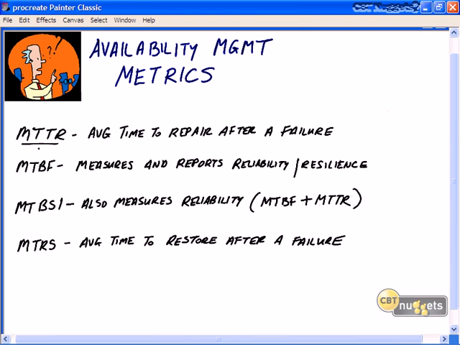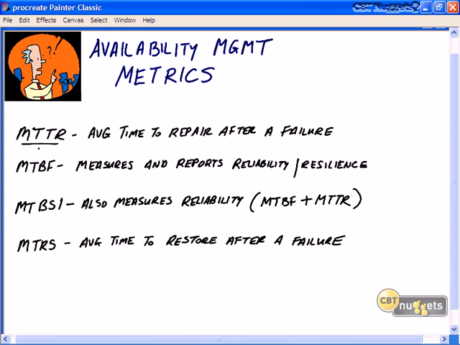It could also be the same thing as the IT service desk. If the IT service desk is down, or the change management database or the problem management database is down, what's the average time to repair those services once they fail? Keep in mind, the MTTR does not include the time it takes to recover or restore the service or the